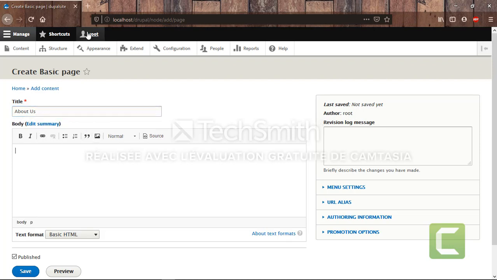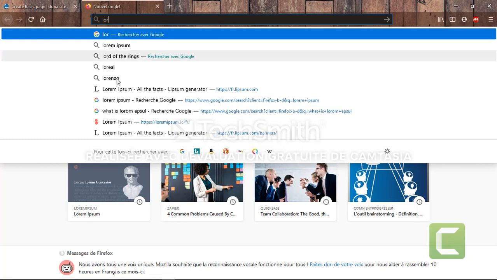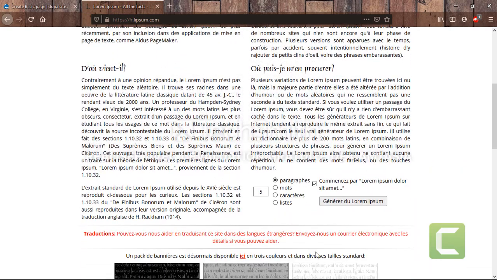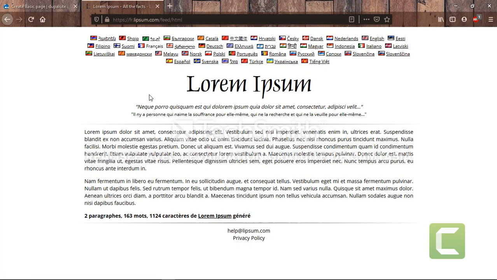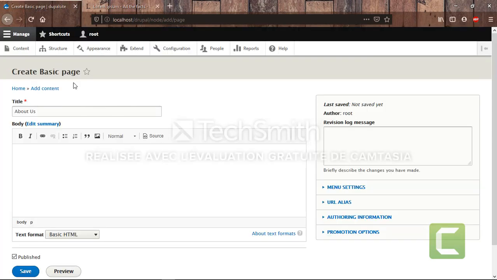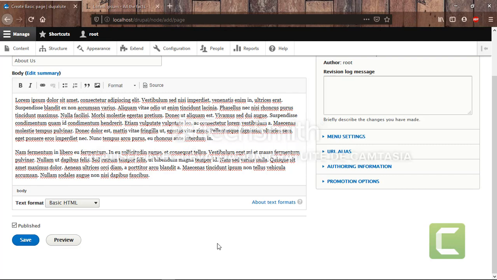and in the body we need to put paragraphs or images or anything that we can make. So we're gonna go to Lorem Ipsum, which is a generator of text, but these texts have no meaning. It's just for this use, where I'm going to use it now just to put a paragraph somewhere. So I'm gonna generate two paragraphs. I copy them and I put them in my page.